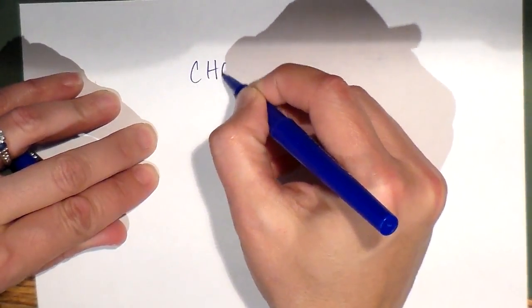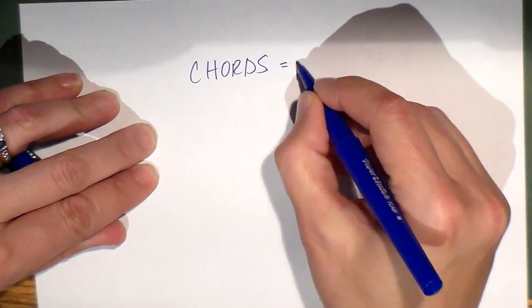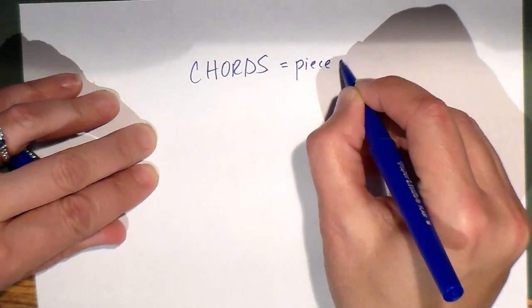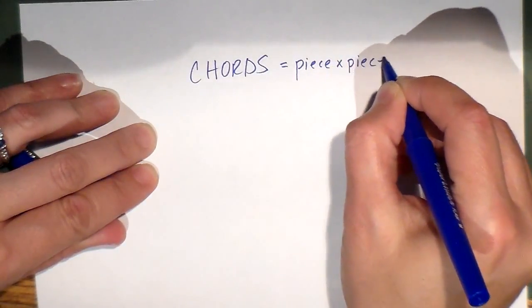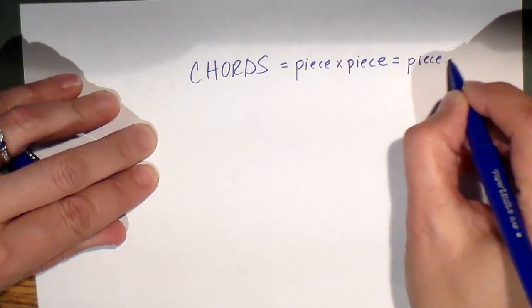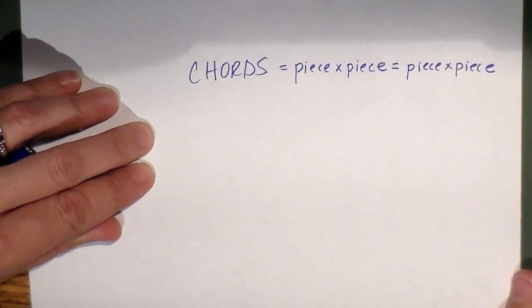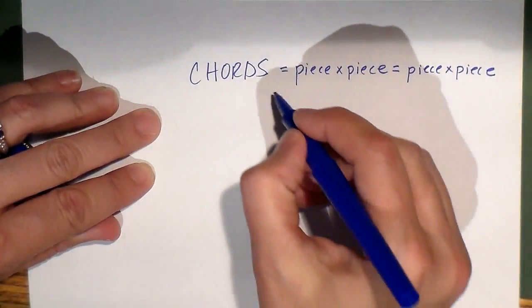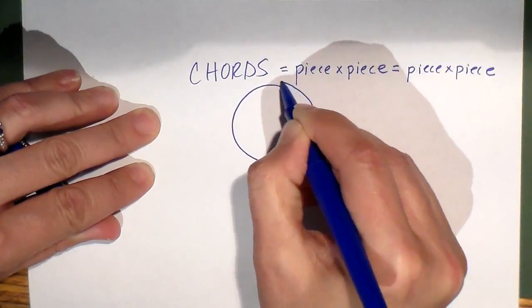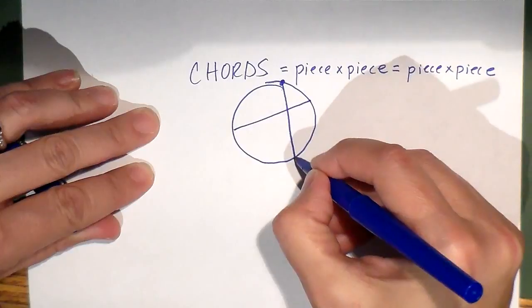Remember, with chords, if they're chords, it's piece times piece equals piece times piece. That's for chords. Piece times piece equals piece times piece. So if I've got a chord and I've got another chord and they're intersecting,